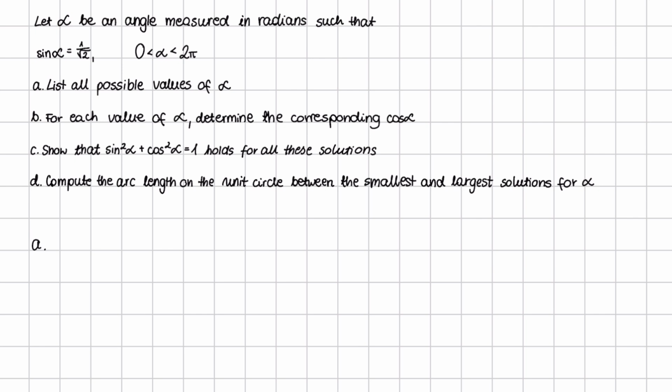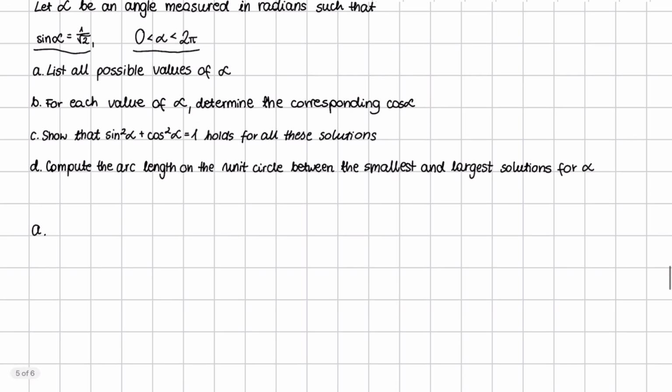So in solver you have to just rewrite this function and find alpha. However, in some GDCs it only gives you one answer, so it's better to type it into graph function as sine and angle. So for example, sine x, we have to set the domain, and you have to be careful because we have to have an angle in radians. So in settings you have to choose radians,